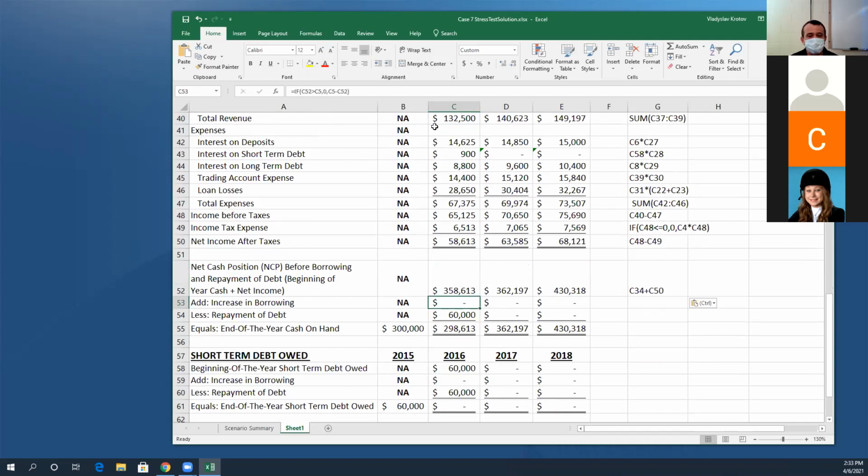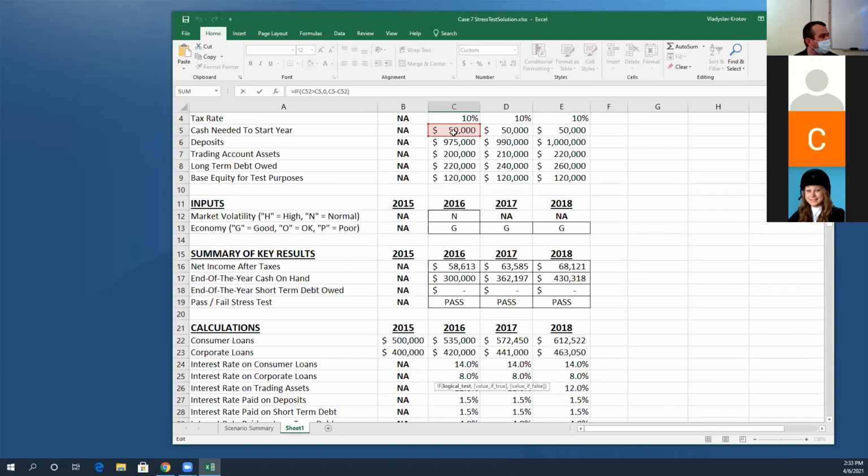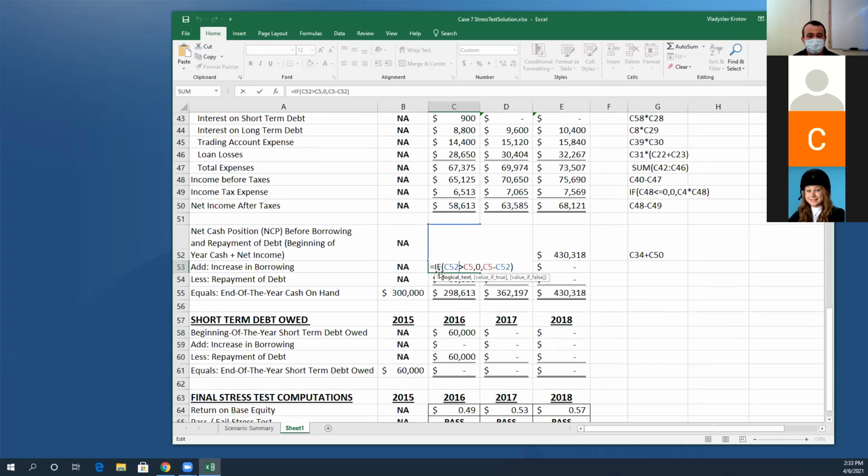Okay, and then we need to decide whether we're going to increase borrowing or not. This is the formula that we're using. If C52 is greater than C5, so C52 is your net cash position. If your net cash position, which means how much money you have in the beginning of the year, is greater than C5, which is the minimum amount of cash you need to start the year with, it comes from here. So if C52 is greater than C5, then the value is 0, which means you don't increase borrowing. You have enough cash to start